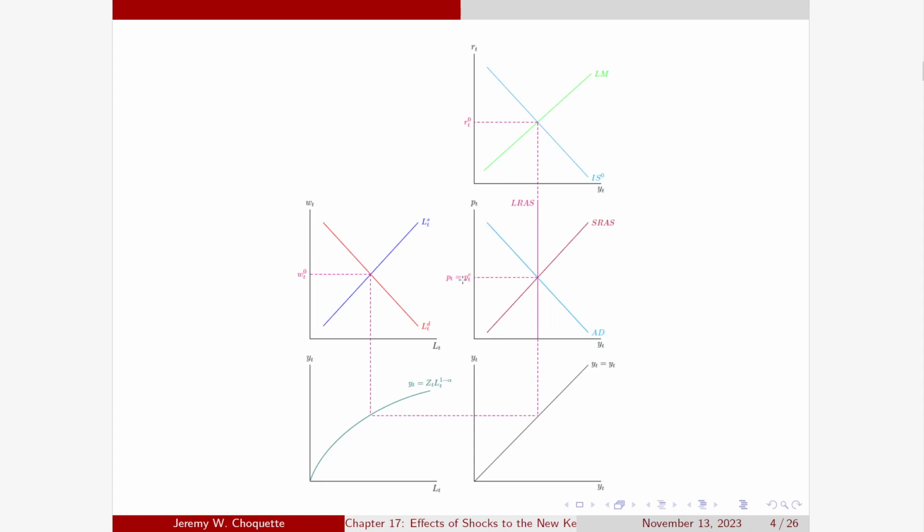Now, in the absence of any shocks, in the absence of any movement of any of these curves, the price level is equal to the expected price level. However, because prices are sticky, you can end up having a change in the price level, and the expected price level is going to be slow to catch up, right? So that's going to be the slow moving pricing component in the new Keynesian model, and that's really what is going to be separating this from the real business cycle model. So now that we've seen that,